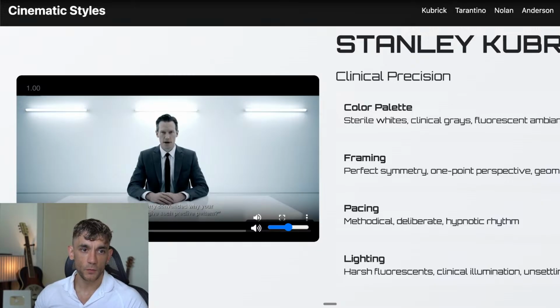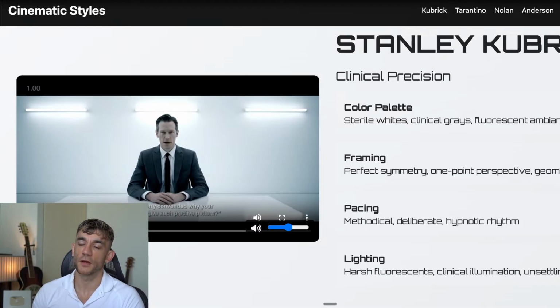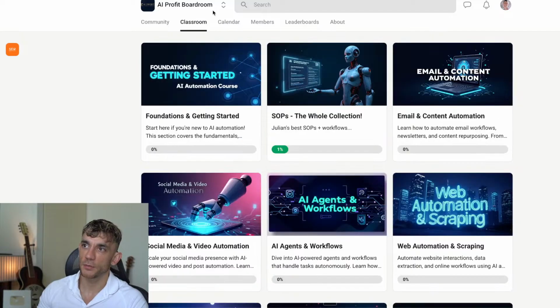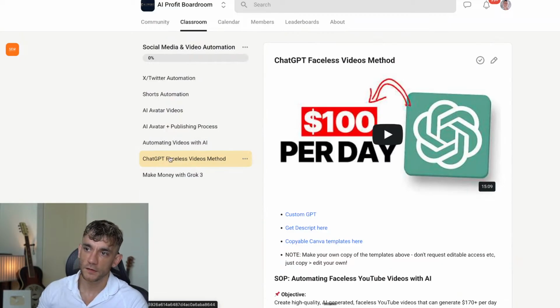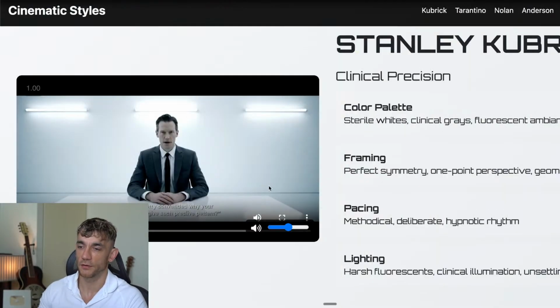And Jacob says, what's the cheapest way to create unlimited AI videos? So you can switch between all these free platforms, if you want to generate free AI videos. Inside the AI Profit Boardroom, we have a bunch of free options. Let's have a look inside. I think it'll be the video automation bit. Yeah, if you use this ChatGPT faceless videos method, you can actually generate videos with AI for free, right? That's a free way to do it. Cheapest way I know. But obviously the video is not going to be as good as the latest technology.